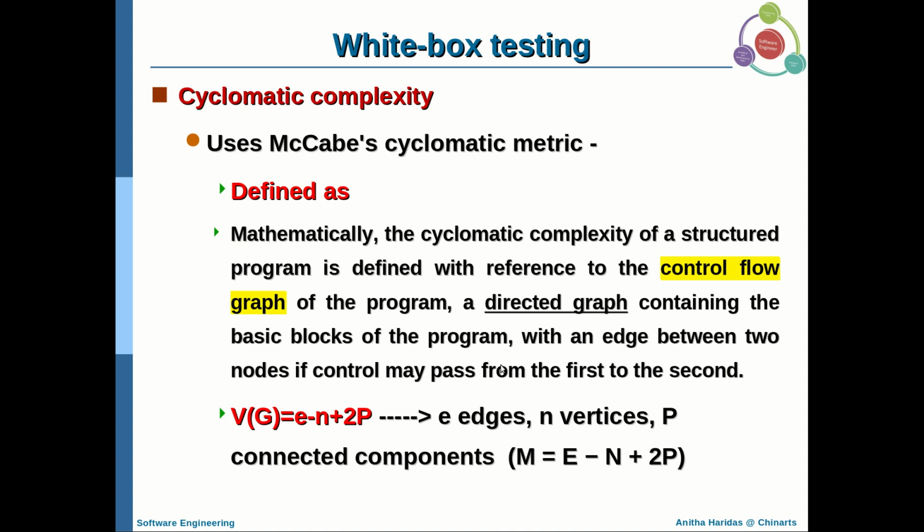And sometimes in your source code you may have two different functions and you want to represent each function as a graph. Then you will represent function 1 as one directed graph and function 2 as another directed graph, and a main function as the third graph. If so, your program will have three different connected components. So P is nothing but the number of connected components you have in your source code.